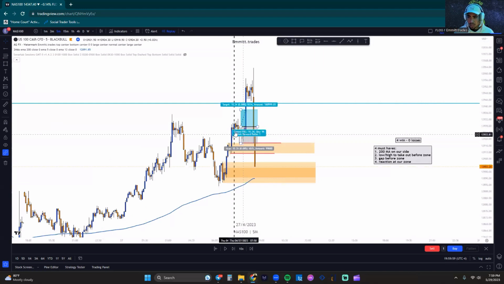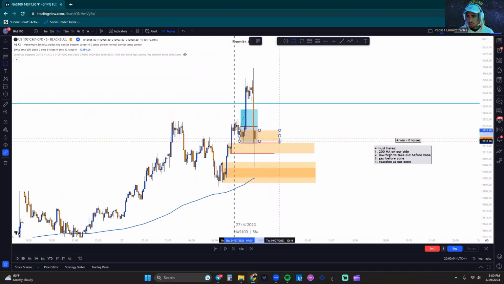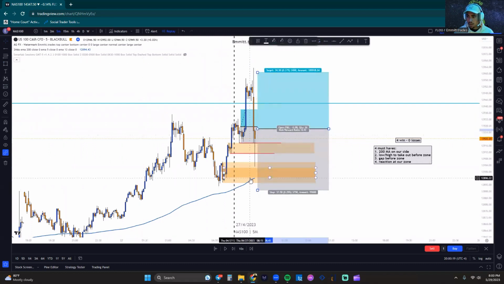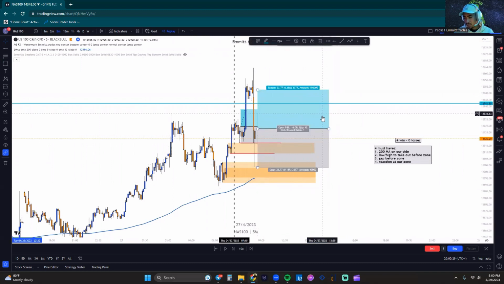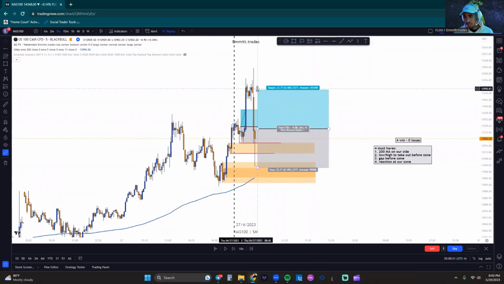We also, I was about to say, we have this demand sitting right here. Okay, it is beautiful, but it just got obliterated literally within one candle. So it's a no-go. Here we are, same exact thing we just took. As soon as it tapped into the zone, touch and go. It's out of there. So we can put our trade up here, put our stops down here for a 24 point, a bit bigger than usual, but still not a 40 pip. 25 is probably max I do on NAS, which is really just not that big of a deal. 1 to 1.5 to highs here.